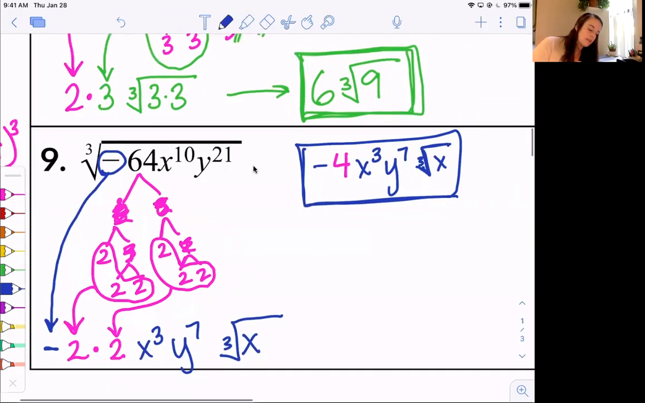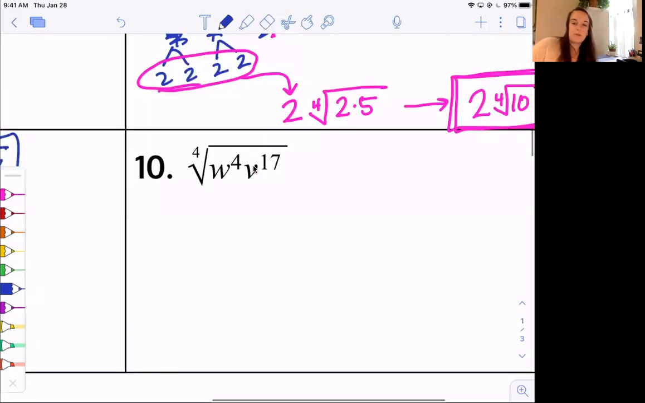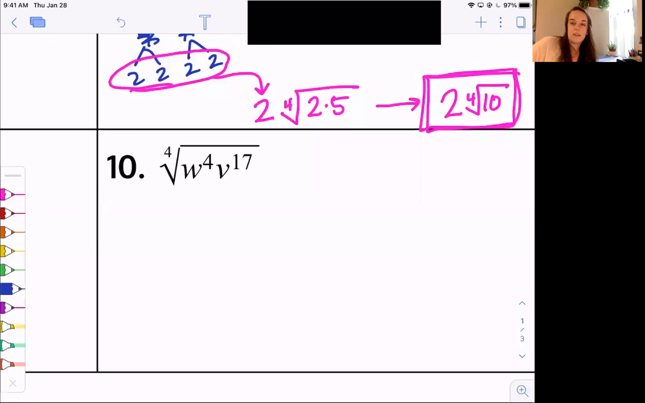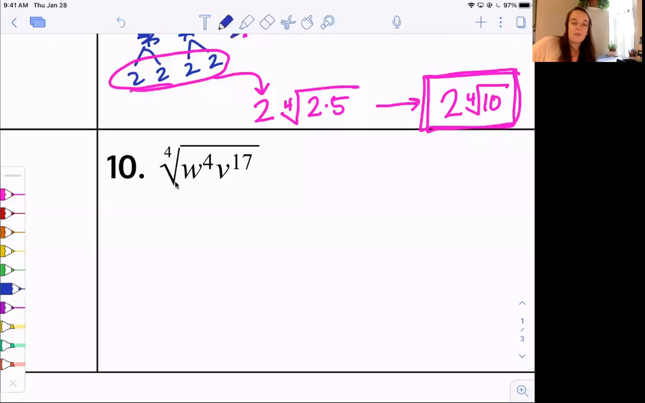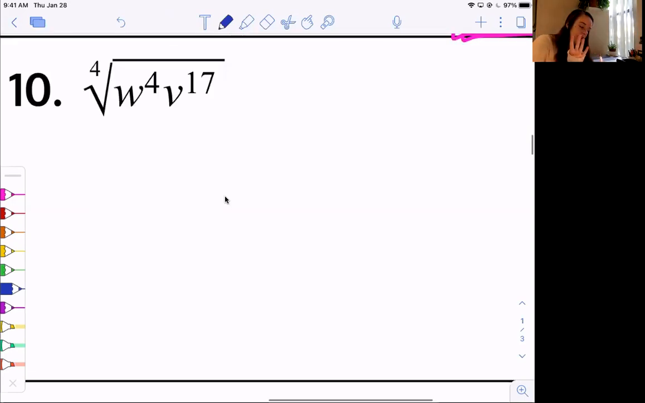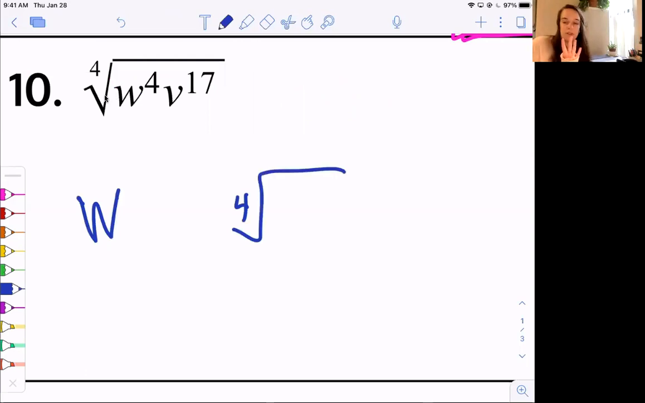All right, my friends. Let's look at this one, 4th root real fast. We have 4th root of w to the 4th power, right? I have 4 w's. I need a group of 4. So that w is coming to the outside. Are there any left over? No, there's not, right? So the 4th root and the 4 are kind of like canceling, like we saw in